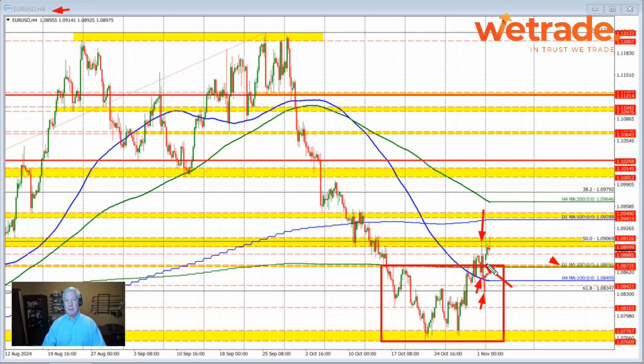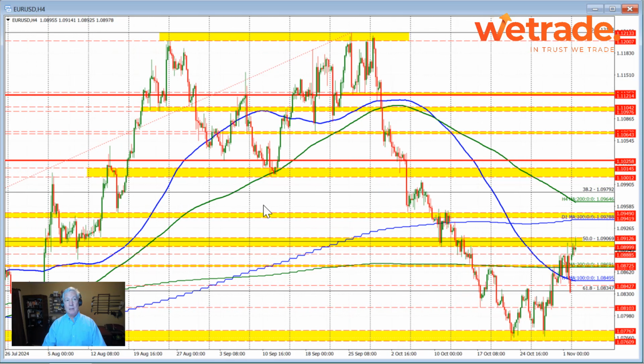So buyers came in against the 200-day moving average, pushed the price higher, and we went up and broke above the 50% retracement, but just stalled right near the high of this swing area. I'm going to take all the stuff off here and kind of go back in time and look at this swing area up to